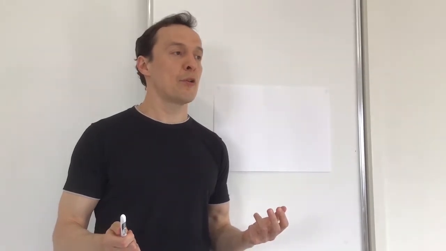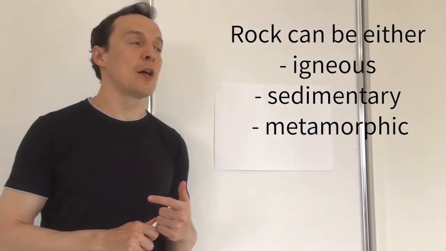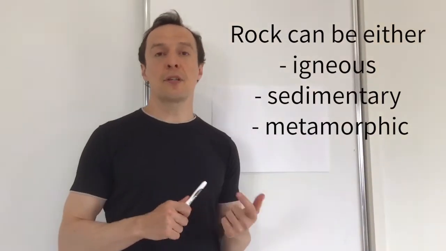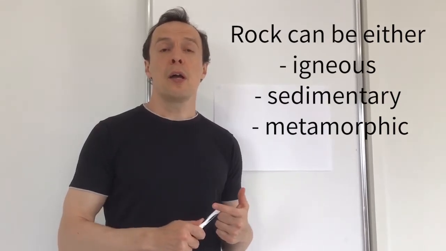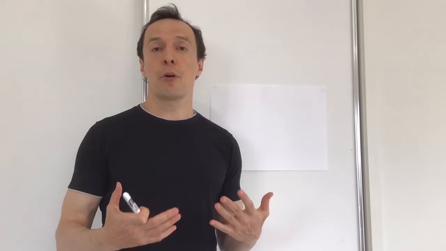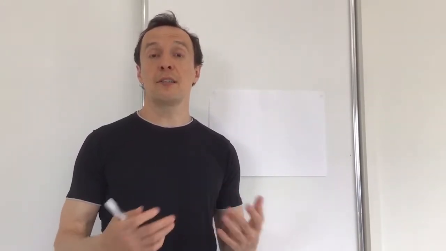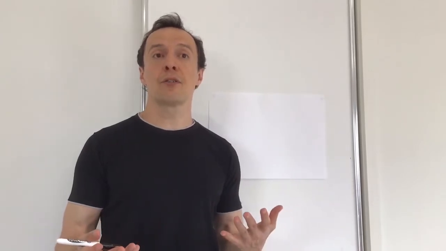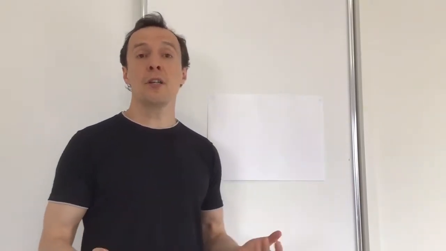Igneous, metamorphic, igneous, what else? Sedimentary. Okay, very well. So there are three major types: igneous, metamorphic, and sedimentary. We'll go through each of them, and I will explain how it's formed and talk about common properties of each type so that it will be easy for you to identify those rocks either in the class or in the field. So let's start with igneous rocks.